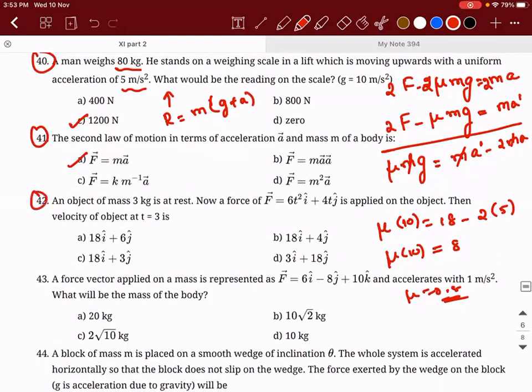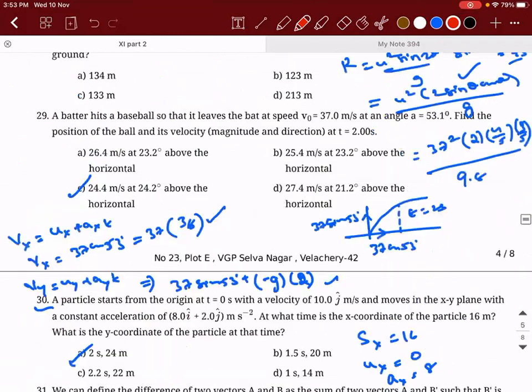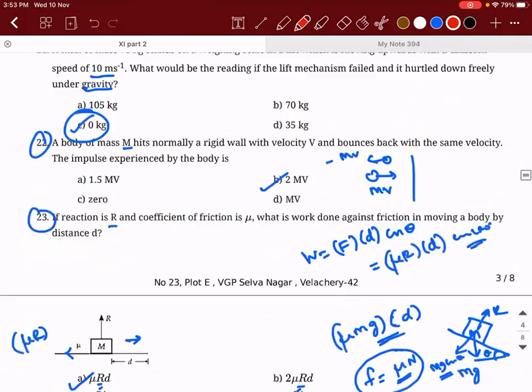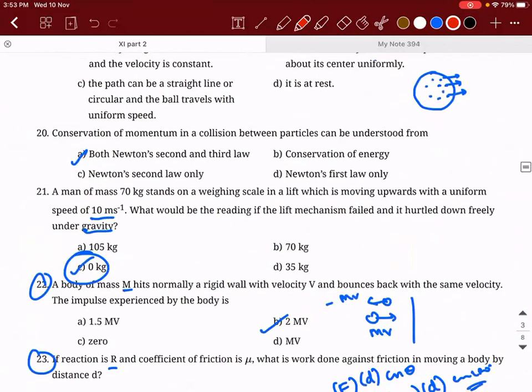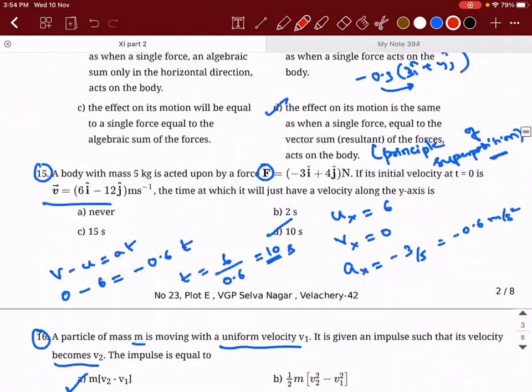Sir, are the units correct in the 40th question? Units, sir? What happened? I'm asking about the reading, is it measured in Newtons? Yes, it is measured in Newton. Yesterday we were solving the same sum, right? In that it was given in kg. No, it is Newton only. Then they would have asked, what is the mass? You have seen a spring balance, sir? Sir, 21st question. You have seen a spring balance?